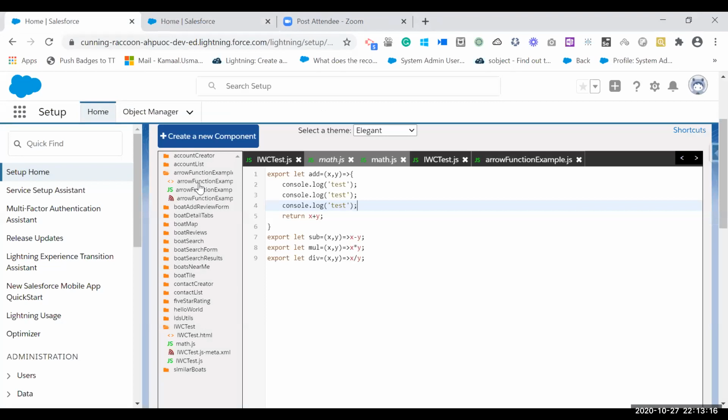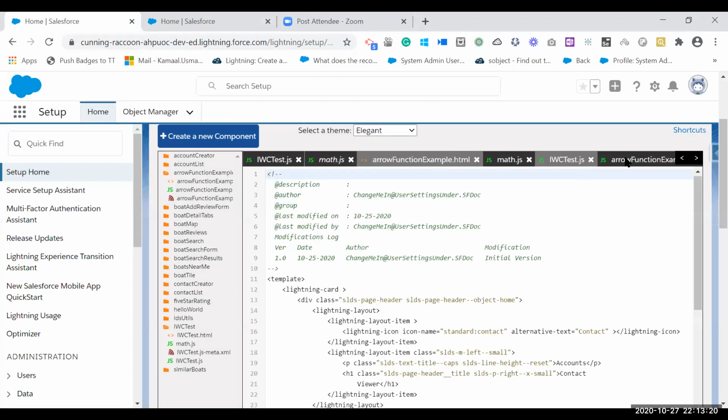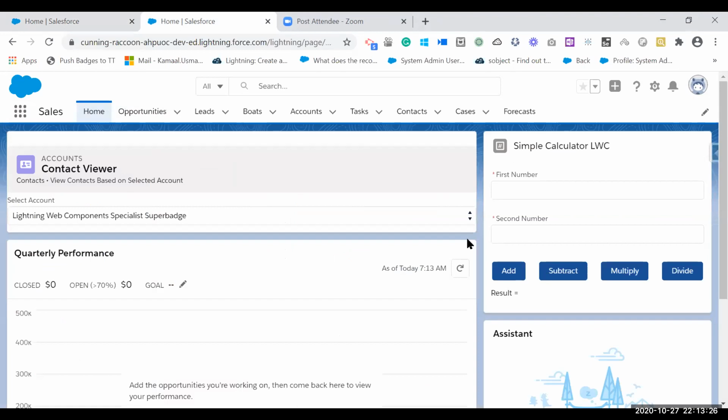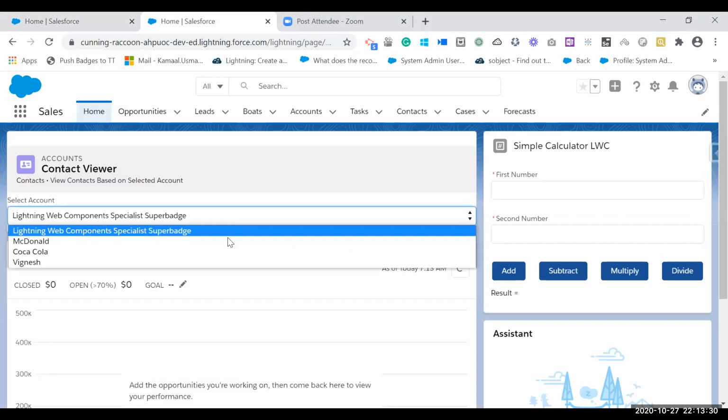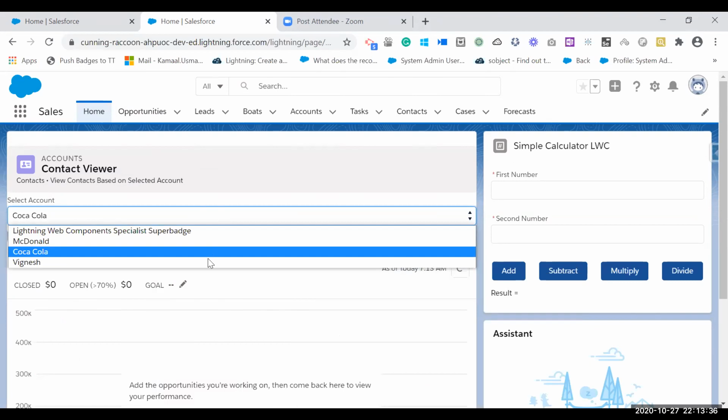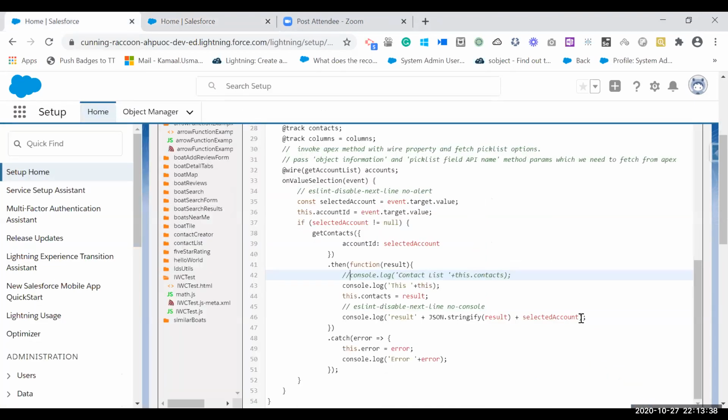So I have created a Lightning Web Component. What we are doing here is fetching the number of contacts related to an account. Currently it is not working, and I will tell you why.